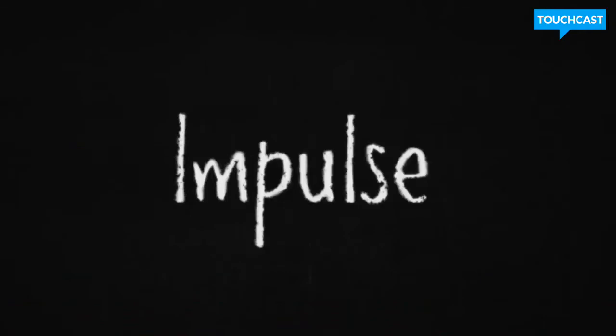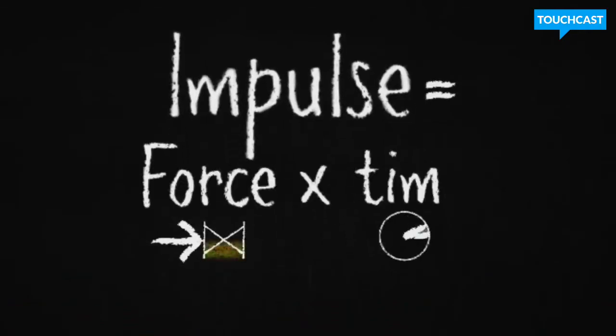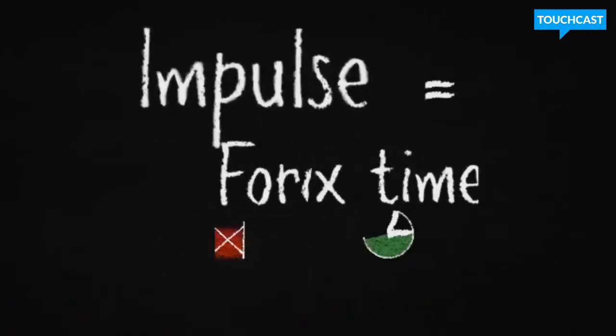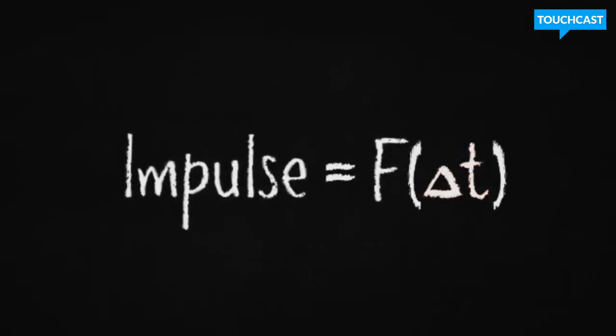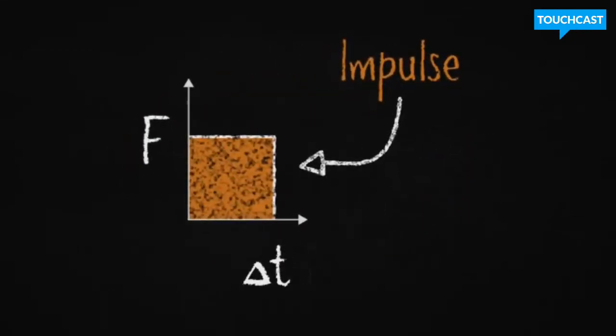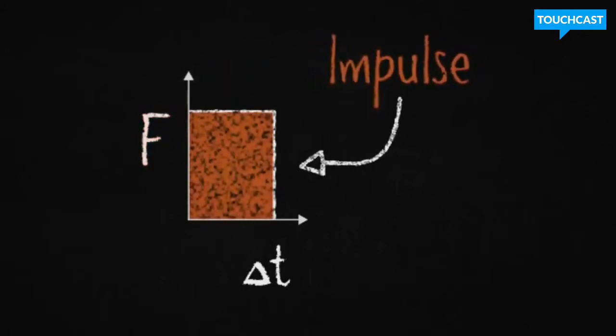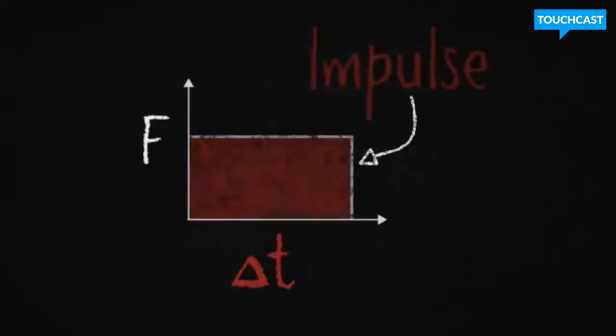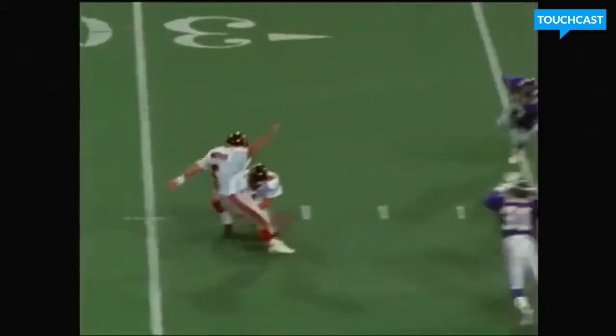An impulse is equal to the force multiplied by the time the force is applied, represented by delta T. If force is graphed versus time, it's possible to see how a larger force or a longer time for the force supplies a bigger impulse. Since impulse is really just the change in momentum, and since the ball doesn't change its mass, we're really just talking about the change in the speed. The bigger the impulse, the bigger the change in speed, which means the faster the ball is moving after it